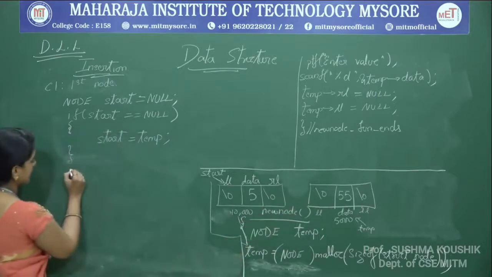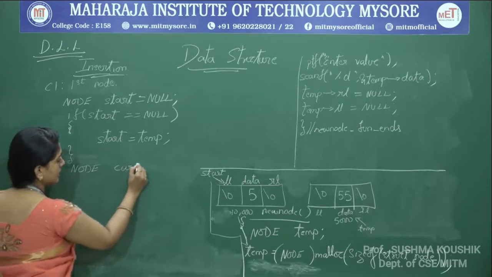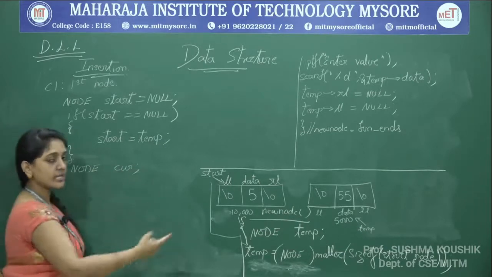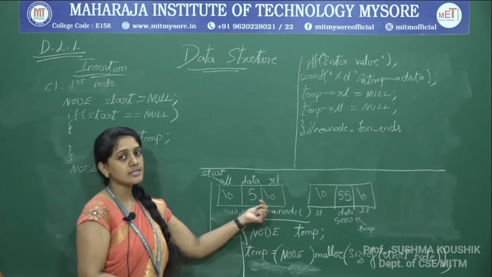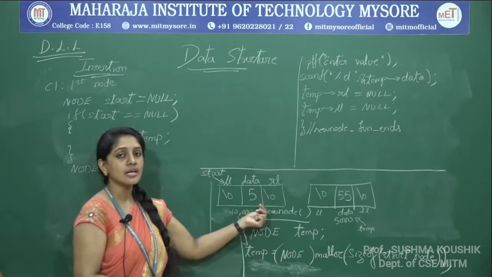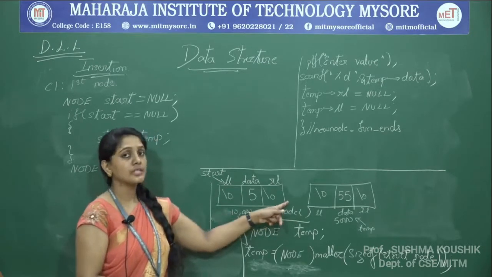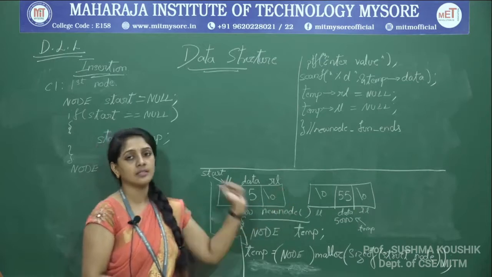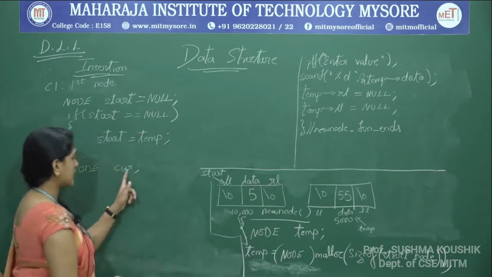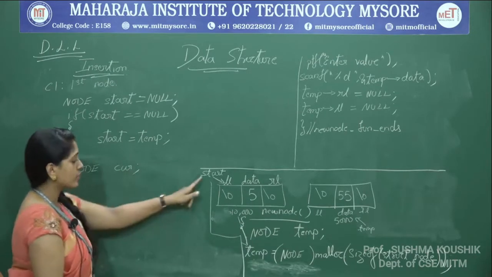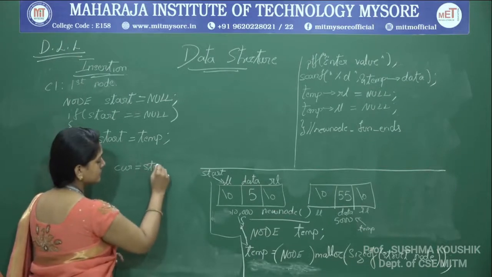So for this I will take a new pointer called node current. I will traverse the current until I get the right side of that link as null. Since only one node exists, we can do it with start of RL is itself temp, but that will not hold true when I insert the third node. So I am generalizing it and taking one more pointer, current.